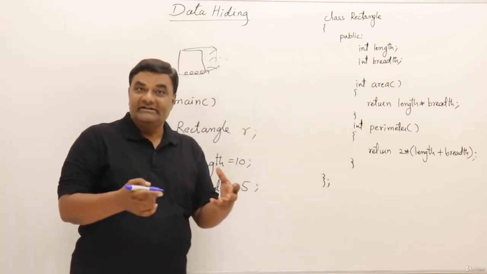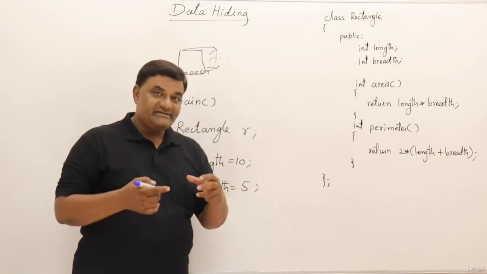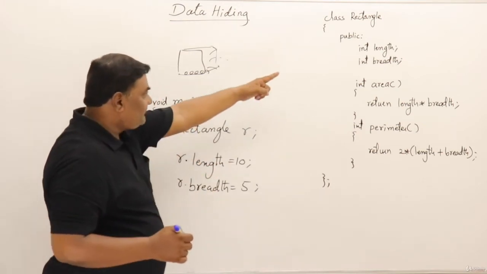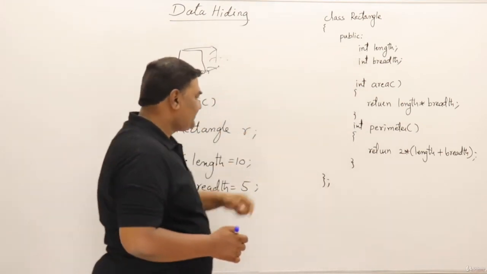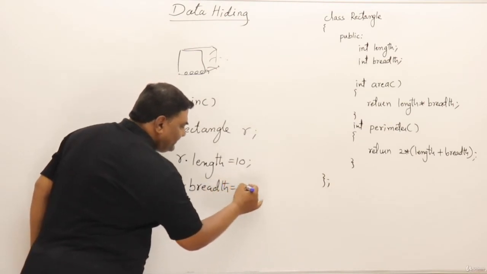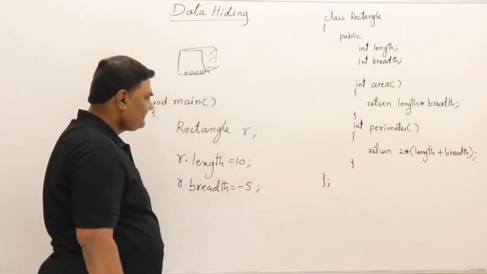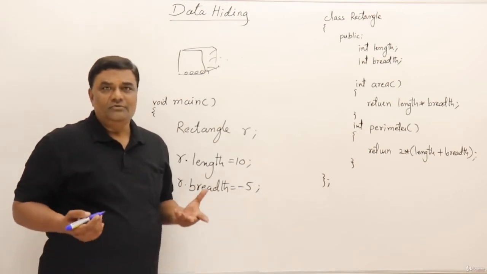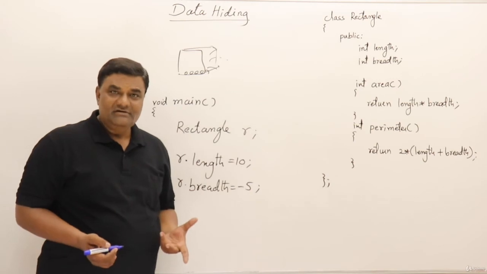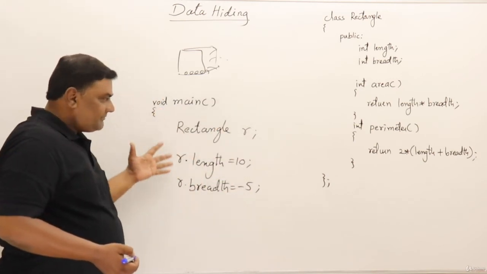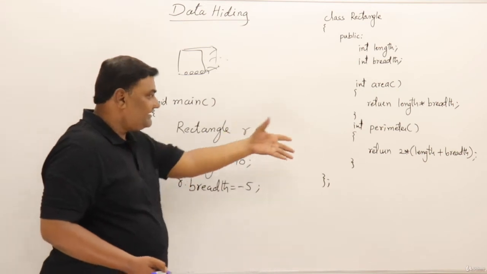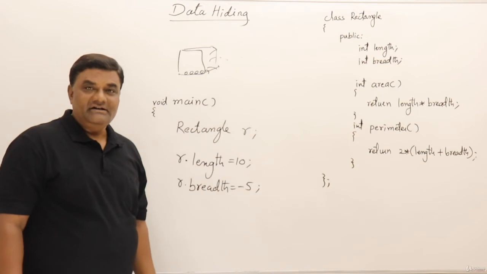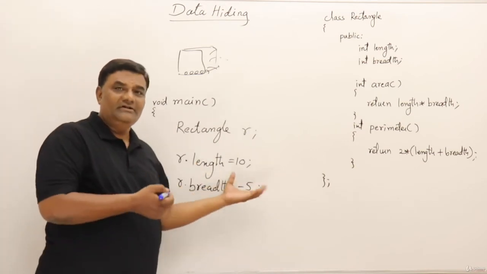I have discussed so many things related to data hiding. I have given various examples. Now let us see how these are related to it. Just watch. You kept those wires open, public, right? Data members open. I will write -5 here. Is it right? Breadth, can it be negative? I don't know. I am just a user, concentrating on my main function. Assume this class is already there. I don't know about rectangle. I don't even know that length and breadth cannot be negative. Or maybe it's my mistake, I have done it.